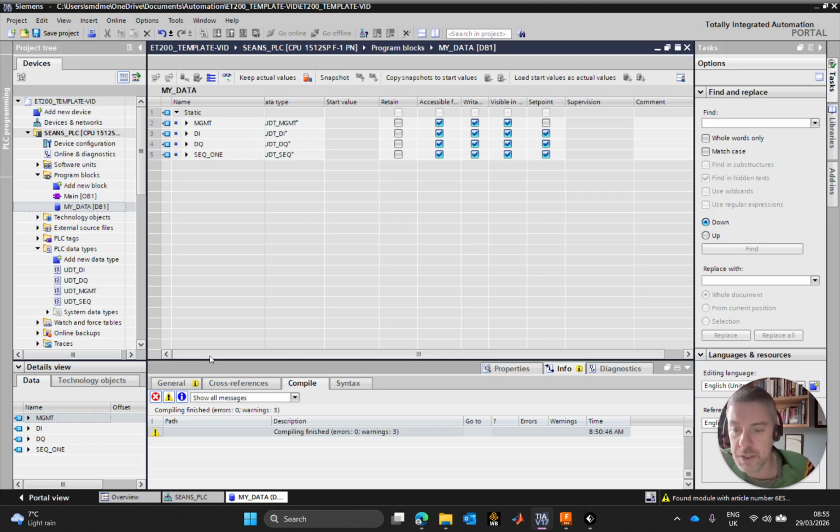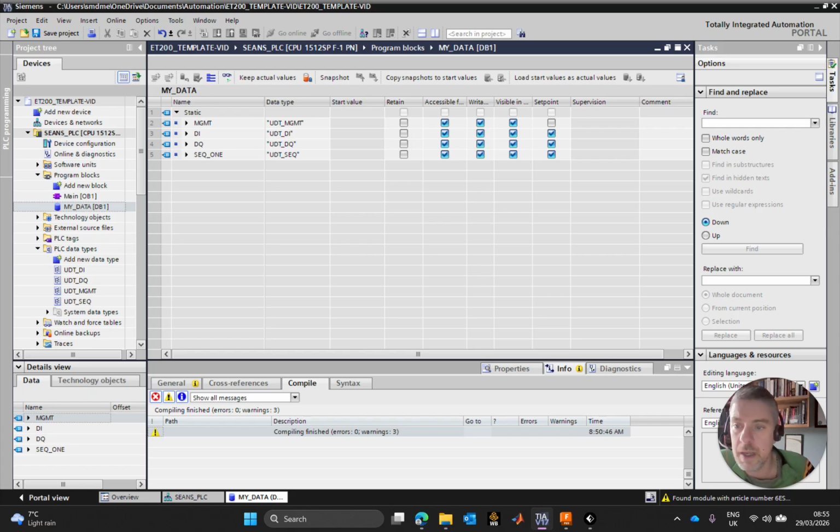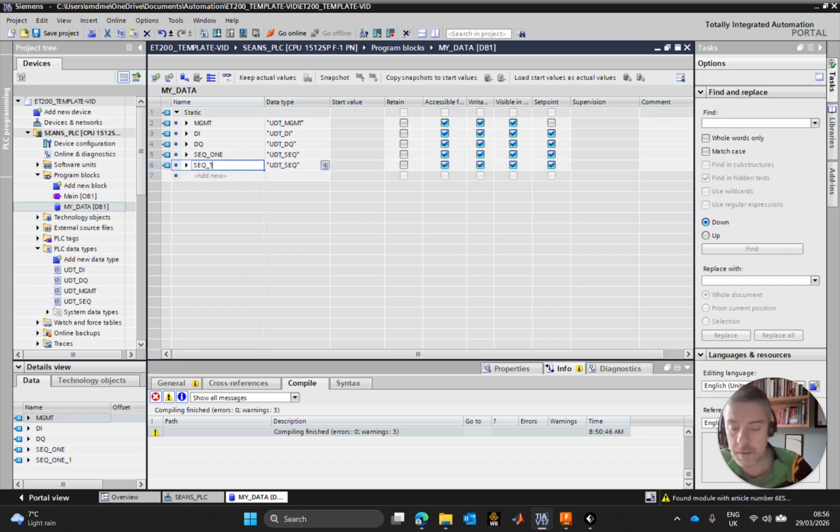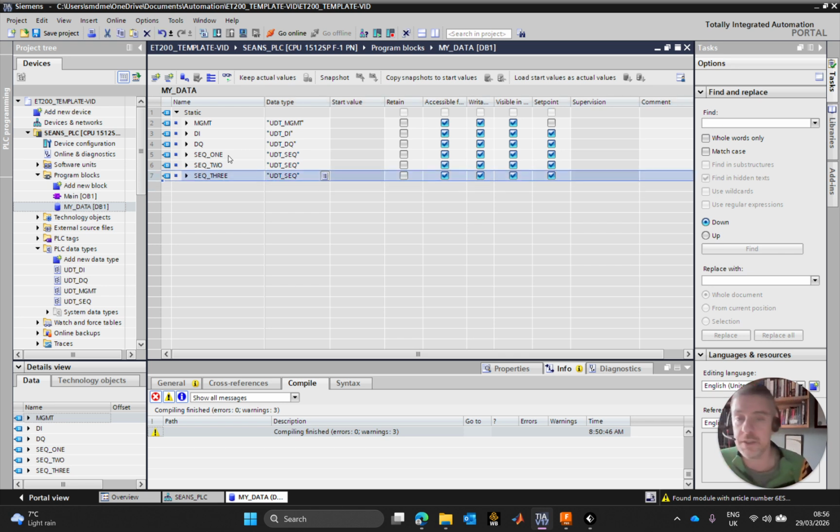All right, so there is each one of them now done. Now I can feel free to add in further sequences if I want. So what I will do is maybe Control C, or let's just add a row underneath that. I'm going to Control C, Control V, call this sequence 2, and paste that again, sequence 3. I was very careful to make sure that I changed the PV value